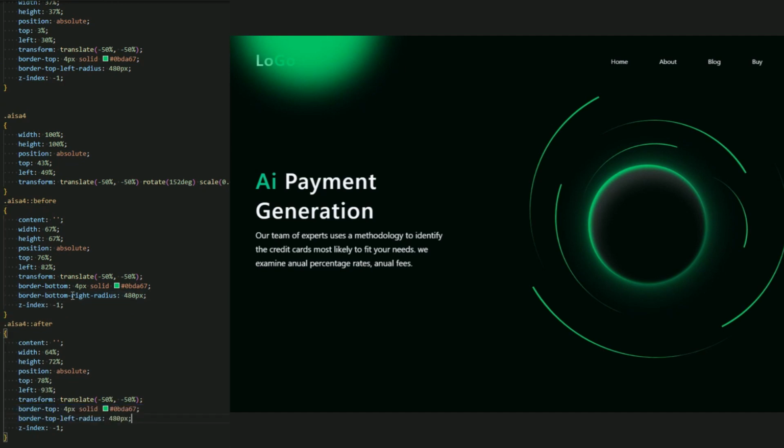Now yes, this is a before, and now for the after, the width 67% and again the same 67% of this after. The top be 16%, I'm sorry, and be at the left 21%. There we go. Yep, everything looks fine.